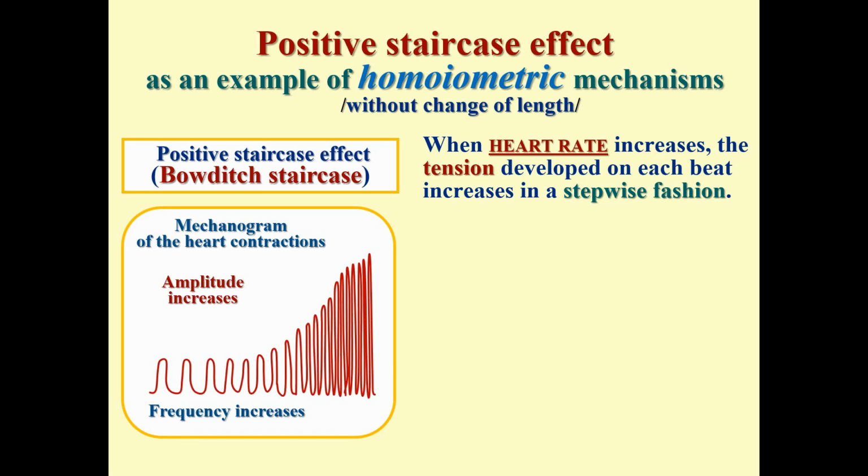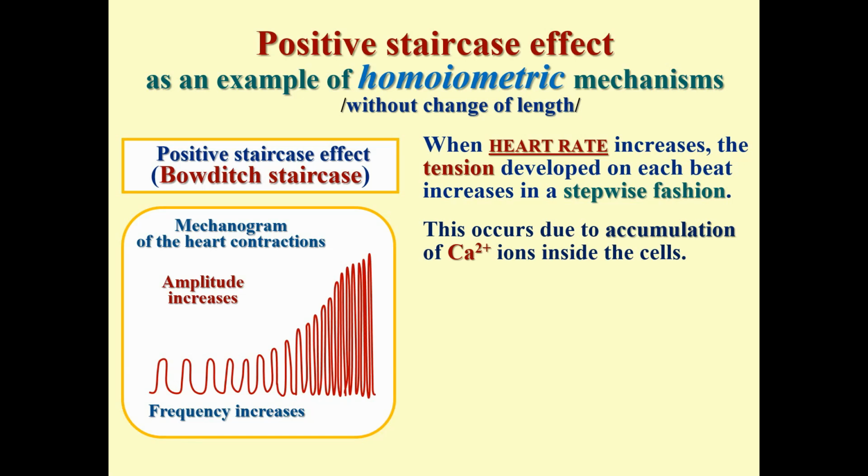How can it be explained? It's rather easy to explain. With each next impulse that comes earlier and earlier, the interval of time between contractions decreases. What should happen during this interval naturally? For each contraction of the heart, the calcium concentration in the cytoplasm must be increased. If you remember, the sources of calcium for the cardiac muscle cells, we have 2 sources. One source is